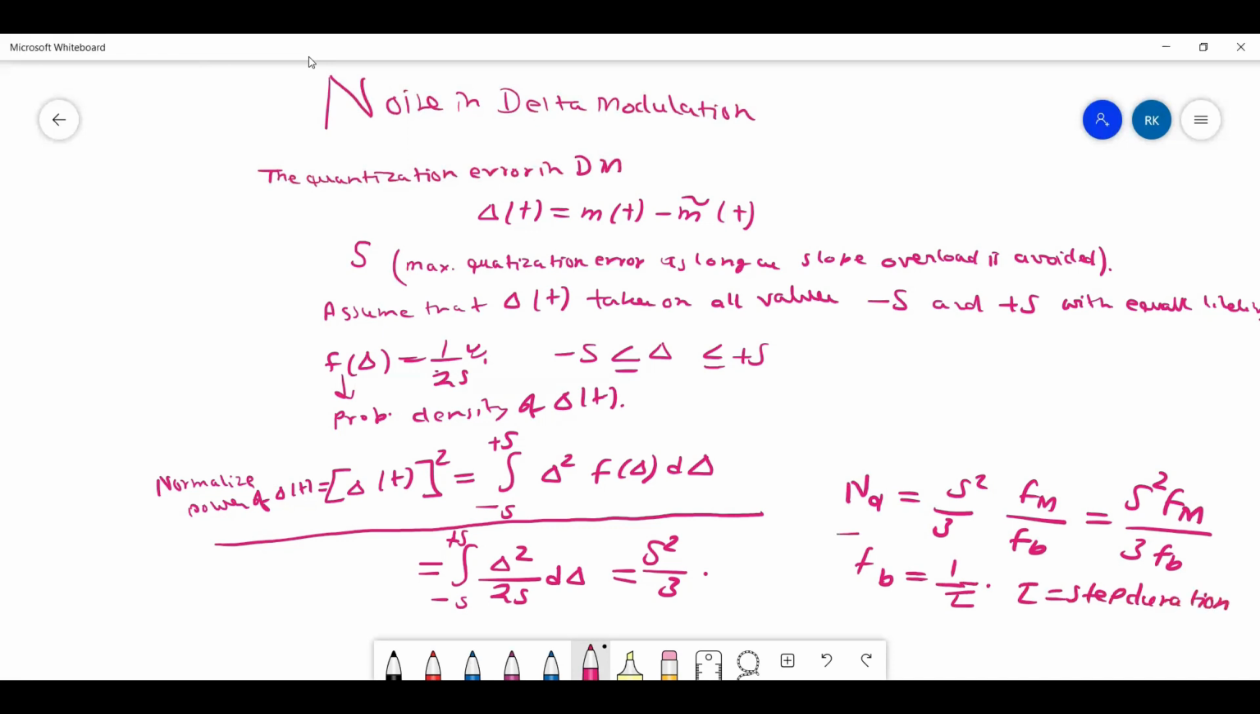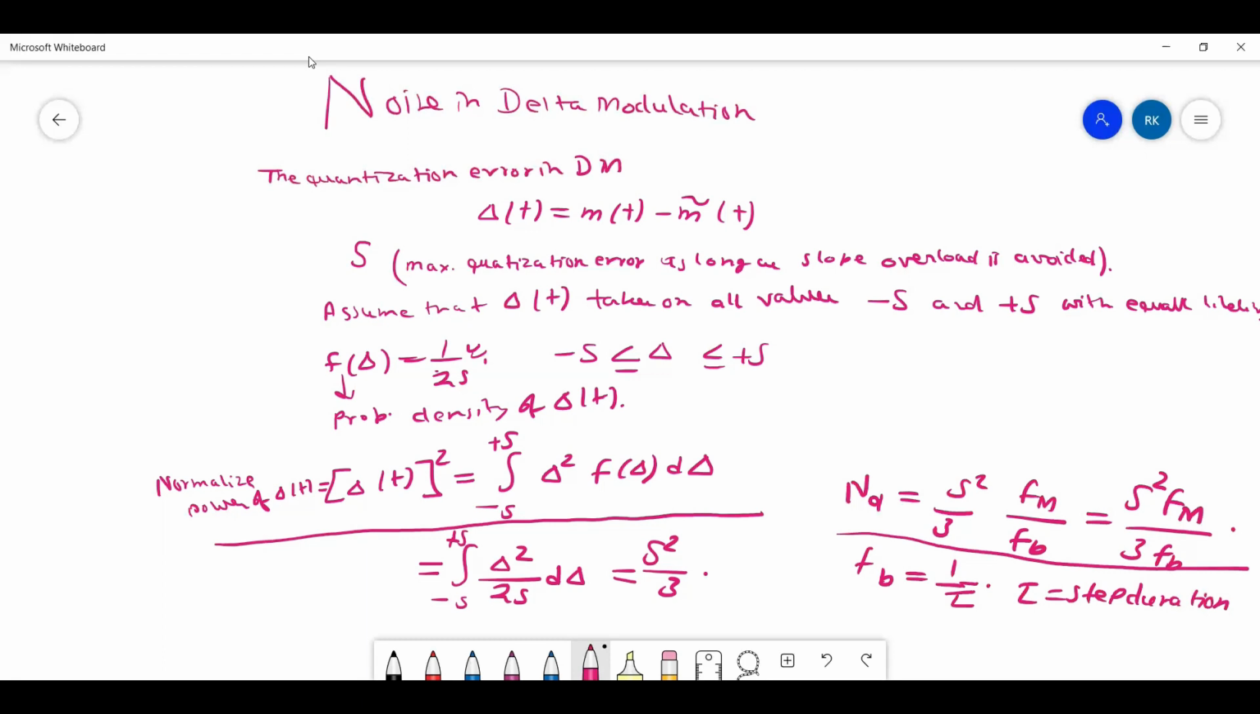So that is also a very important result. So that was quantization noise in delta modulation. Now another topic of interest in trying to have an idea about the output signal power in delta modulation. What is the output signal power in delta modulation that we have